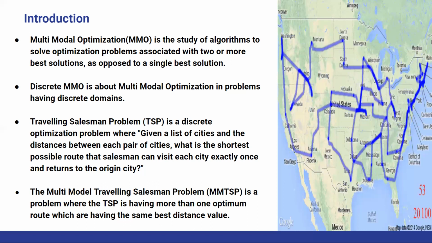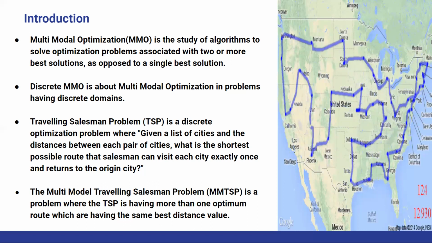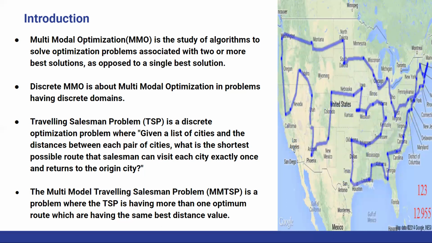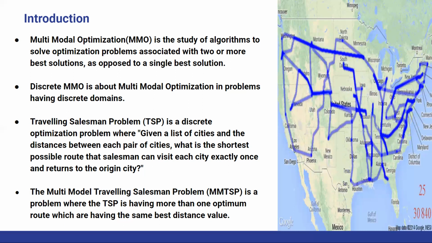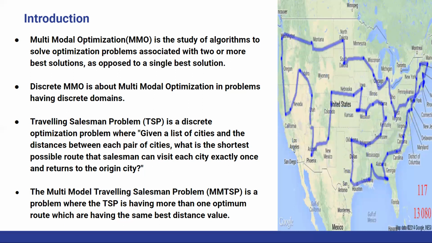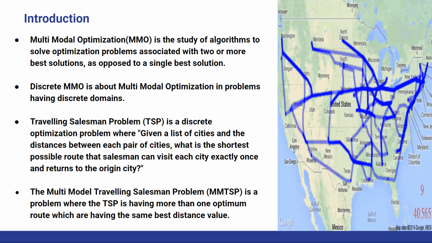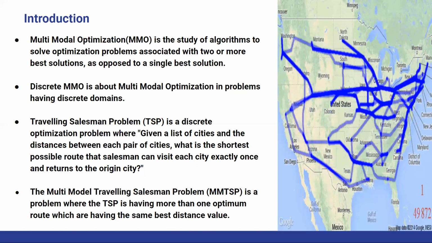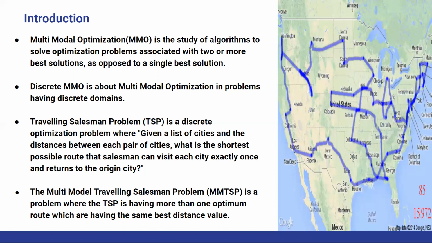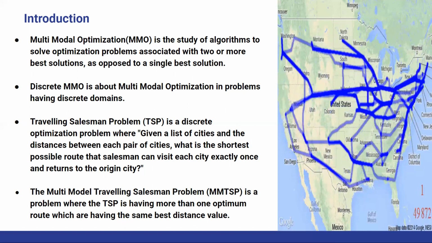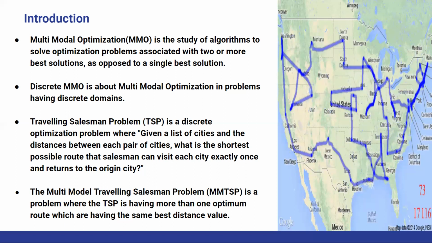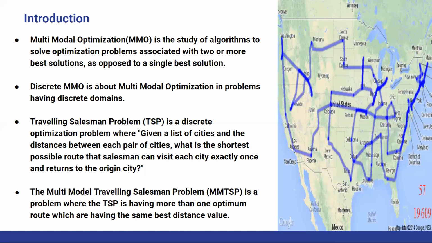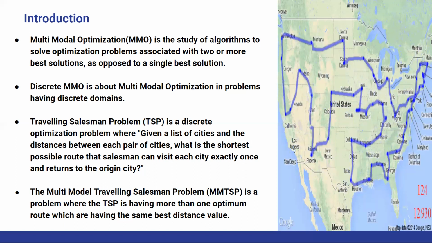The travelling salesman problem is a discrete optimization problem where, given a list of cities and the distances between each pair of cities, what is the shortest possible route that the salesman can take to visit each city exactly once and come back to the origin city? That is simply called the travelling salesman problem. You can see in this travelling salesman map that there are several routes. So likewise, if your TSP has more than one optimum route, it is called a multimodal travelling salesman